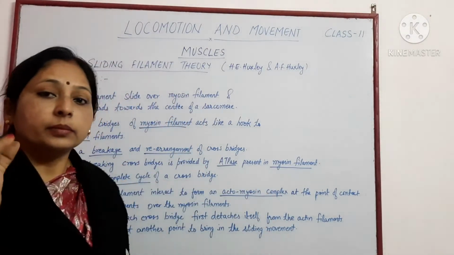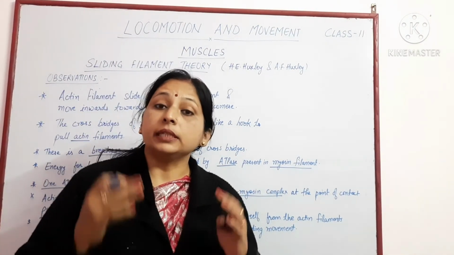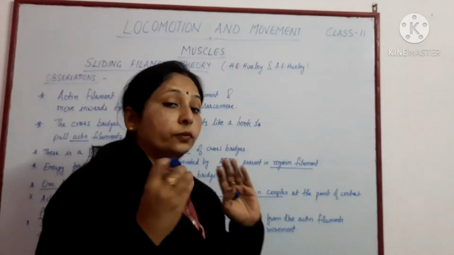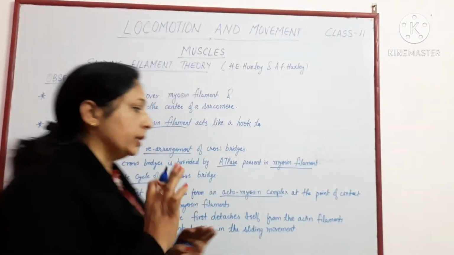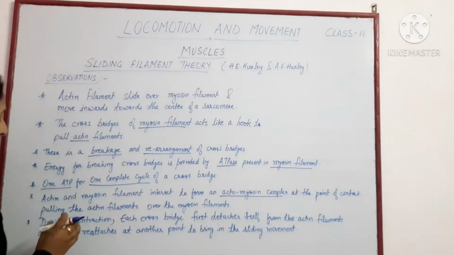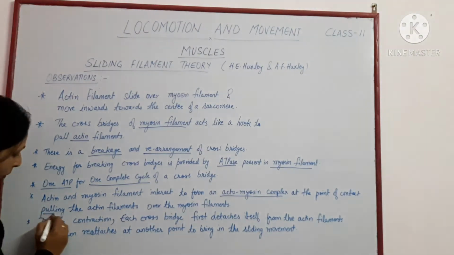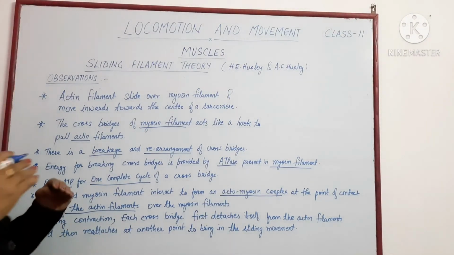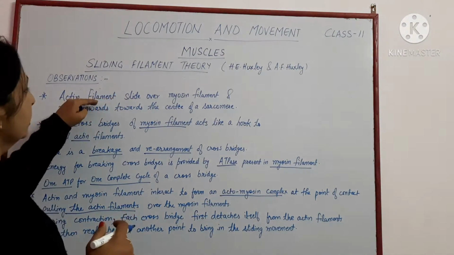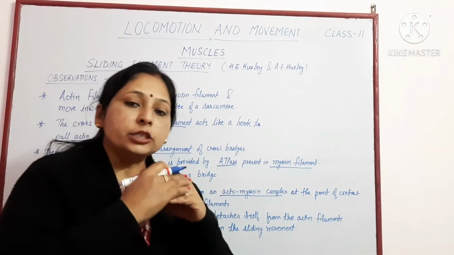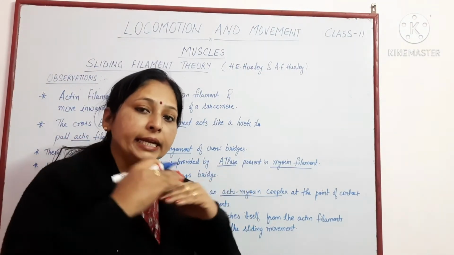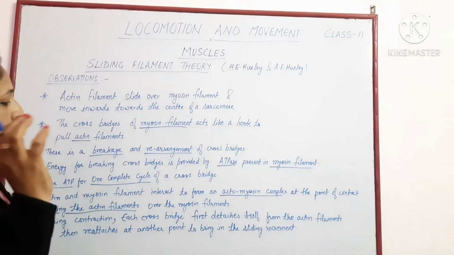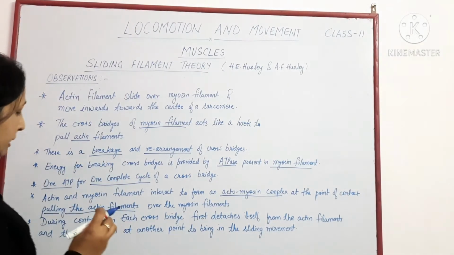Their interaction forms the actomyosin complex at the point of contact where the actin and myosin filaments come together, and this results in pulling the actin filament over the myosin filament, which I have mentioned here also, that the actin filament slides over the myosin filament. So that sliding movement is provided by the interaction, or the formation, of the actomyosin complex during